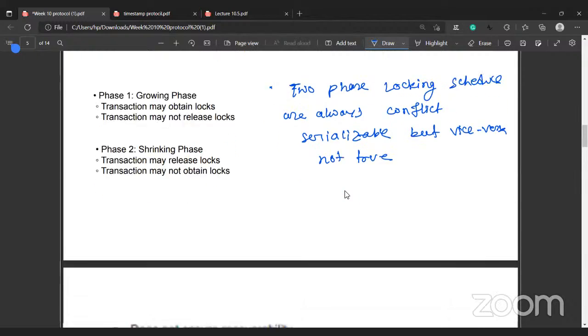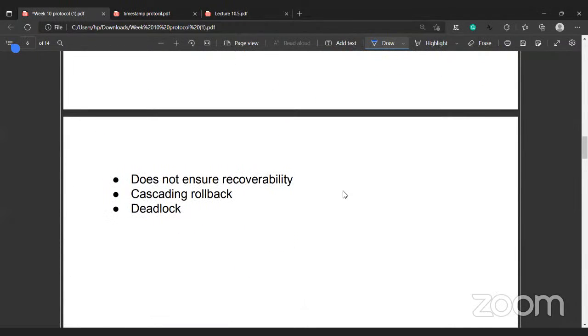Okay. So now we'll see what the disadvantages or problems with the two-phase locking protocol are. We'll see with the help of an example. It does not ensure